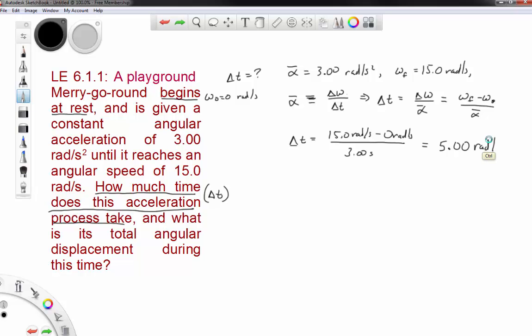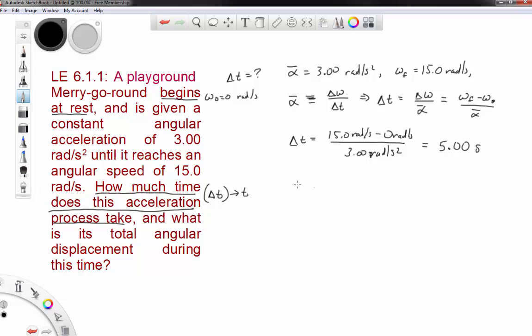5.00 seconds. This should be radians per second squared. There we go. Okay, so now we have how much time it takes, and basically we're going to rewrite that as time in